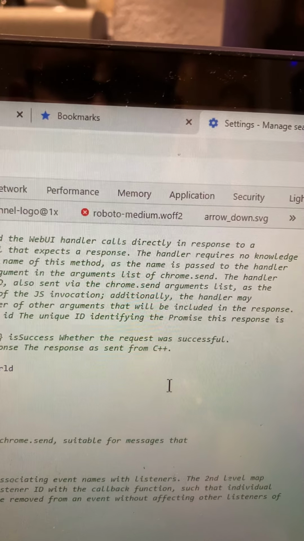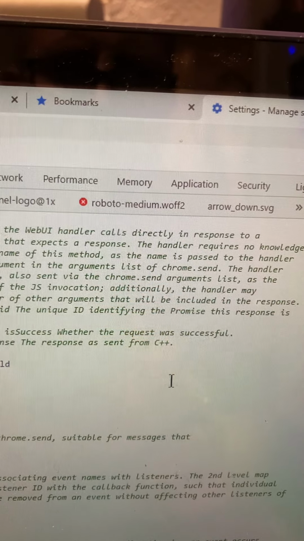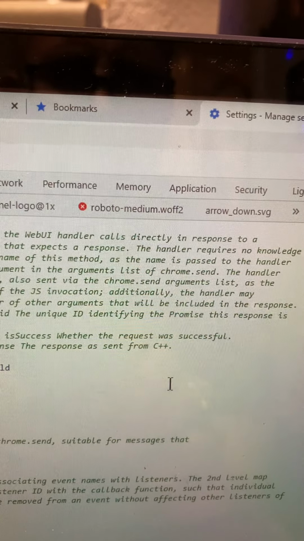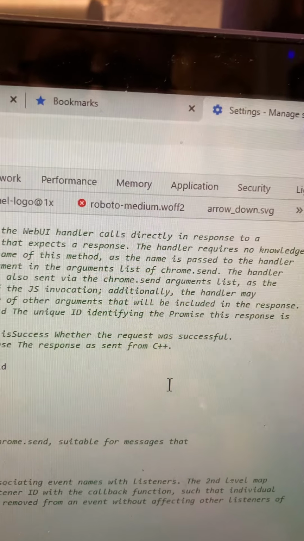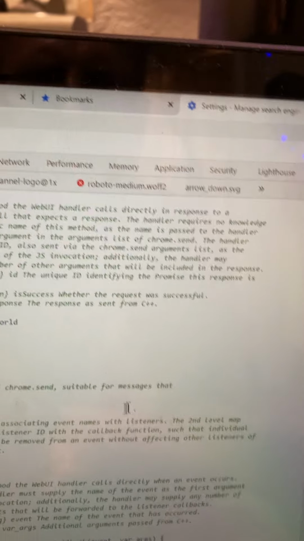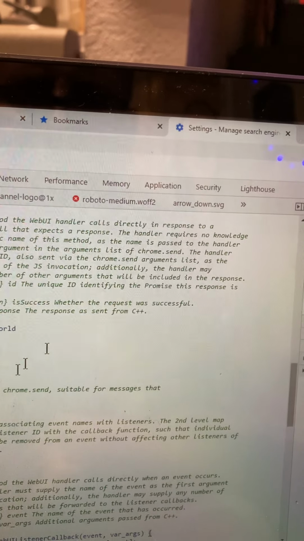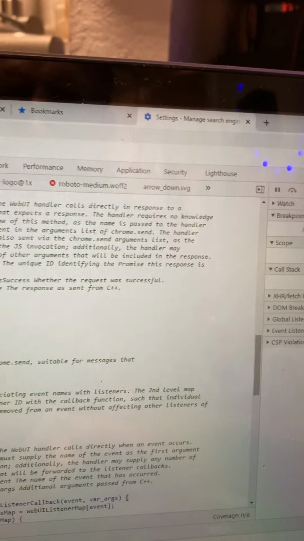The handler must pass ID, also send the Chrome send arguments lists. Additionally, the handler will supply any number of other arguments that will include the response, boolean, whether the request was successful, or